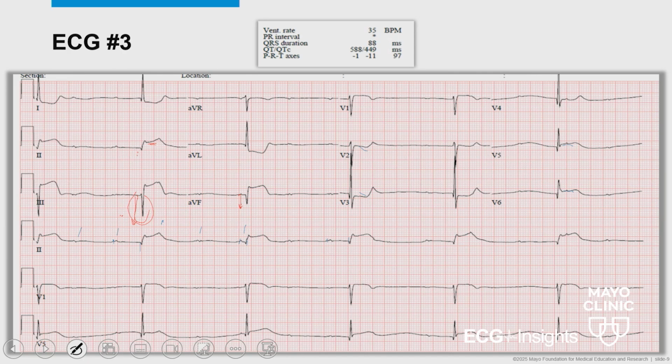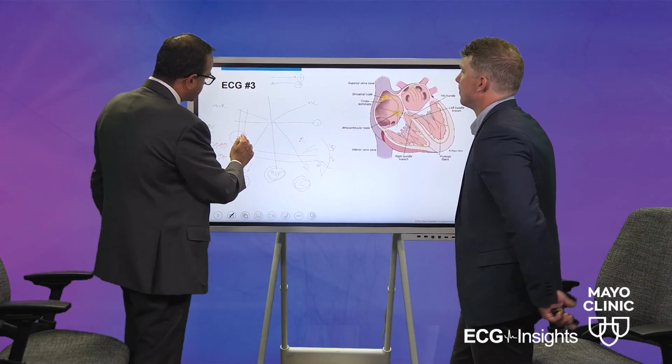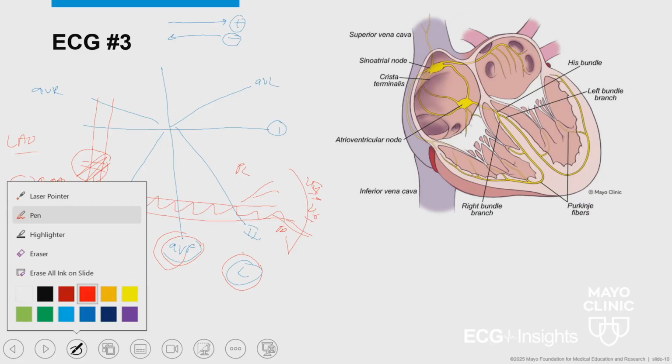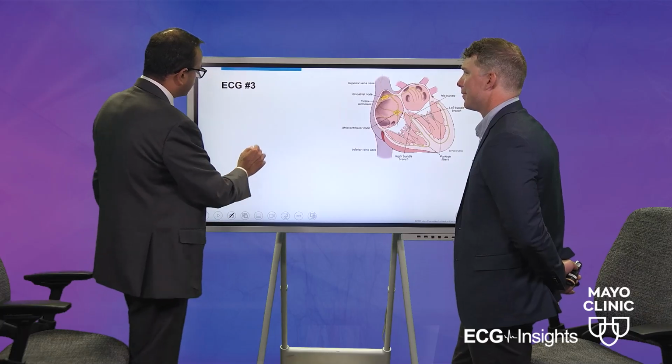Now, why does that become important? If you go back to our next slide, if the lesion is here, then you are going to affect everything which is occurring downstream. And that's why you have subtle ST elevation in V5, V6. But more importantly, you need to understand how the blood supply of the coronary artery supplies the various electrical system of the heart.